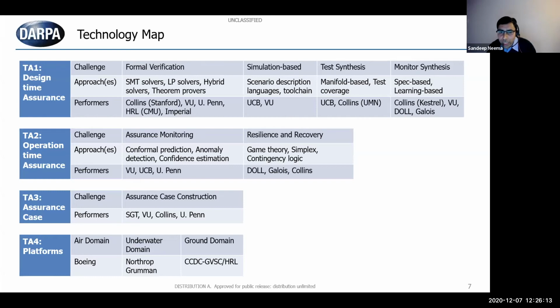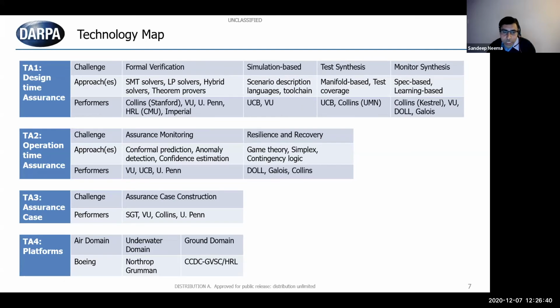Sanjeev is working on that problem, Sanjeev Seshia. Test synthesis, so this is looking at sort of the coverage problem. Both Berkeley and Collins group are working on that. Some of the monitoring techniques, monitor synthesis, so formally correct monitor synthesis. That's work at Kestrel. On the TA2 side, a large portion of the work is focused on assurance monitoring and